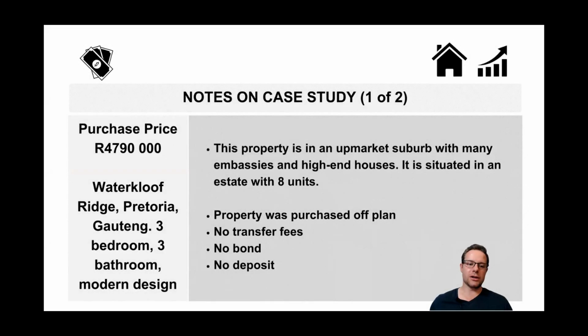Today I'm going to do an analysis of a property that a client asked me to do, for a property in Waterkloof Ridge, Pretoria. It's a 4.8 million or 4.79 million property, and we're going to compare it to an investment as I've done before. So as you can see, there's the price